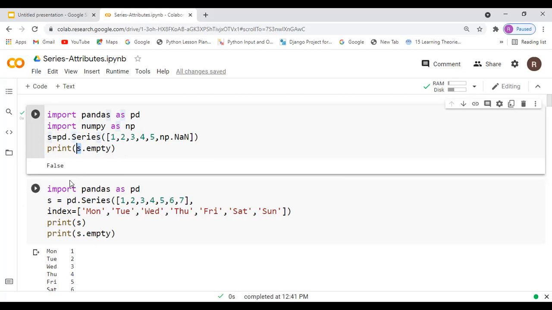Okay. So today we have executed, using Google Colab, how to use these series attributes. In the next classes, we will see series slicing, and how to do it using a simple range of slicing and using the loc and iloc functions. Okay, thank you.